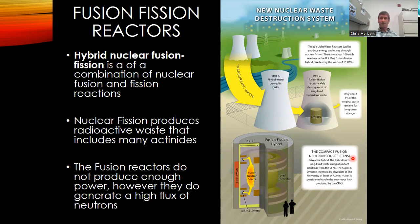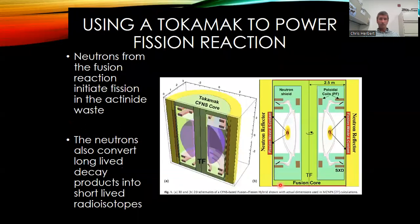In any case, one other idea for fusion reactors is instead of generating the energy all from fusion, use a lower power fusion reactor, one that doesn't break even but generates a lot of neutrons, and then use the neutrons to create fission within radioactive waste. One of the big problems with radioactive waste is, you've got to store it for a long period of time before it is safe. If you irradiated radioactive waste with neutrons, you could actually transmute some nuclei, or so they say, not me, into something that's a little more safe, okay? That has a shorter half-life and can be disposed of more rapidly. At the same time, you generate energy. So this might be the new type of fission fusion reaction. So, okay,